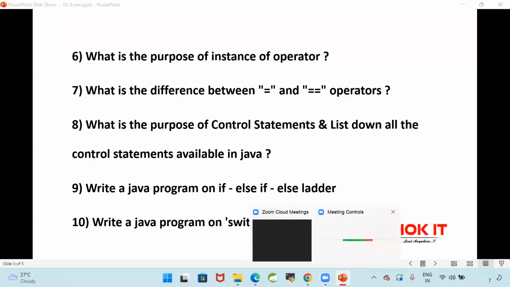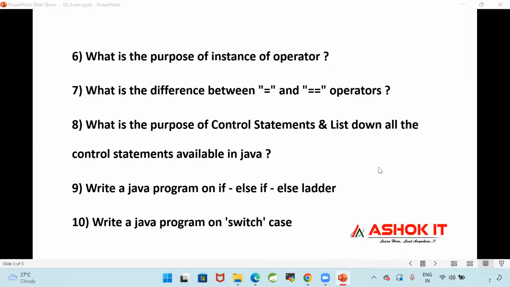Turn on your camera and write it. Java program on switch case. That is our 10th question.